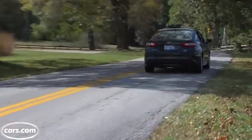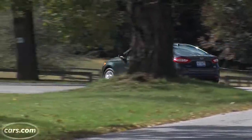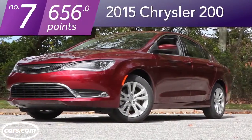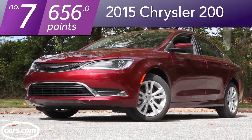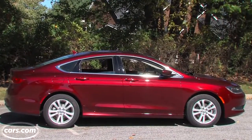Another judge found the engine underpowered. "What good is all the technology when you get neither power nor mileage?" he asked. In 7th place is the all-new Chrysler 200. As one judge said, the 200 has all the pieces in place to be a great midsize sedan. But until it gets the basics, its transmission and brakes, right, it's not going to make a lot of headway